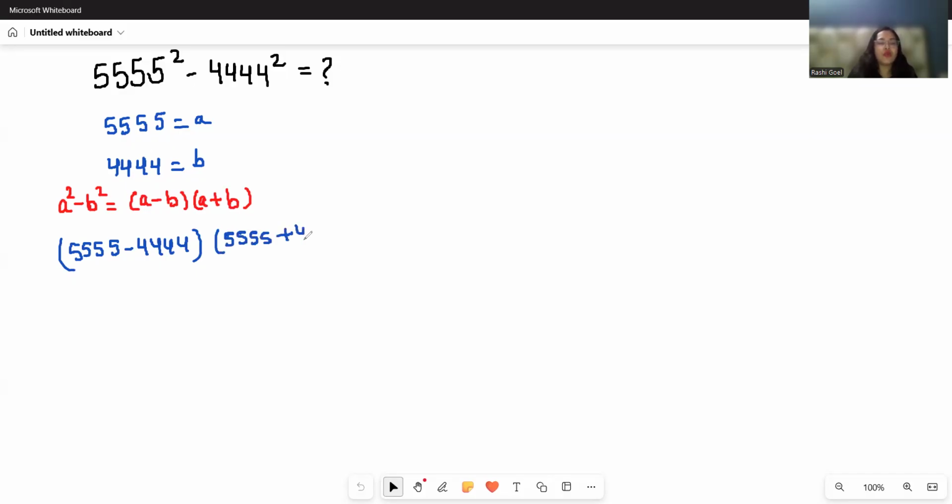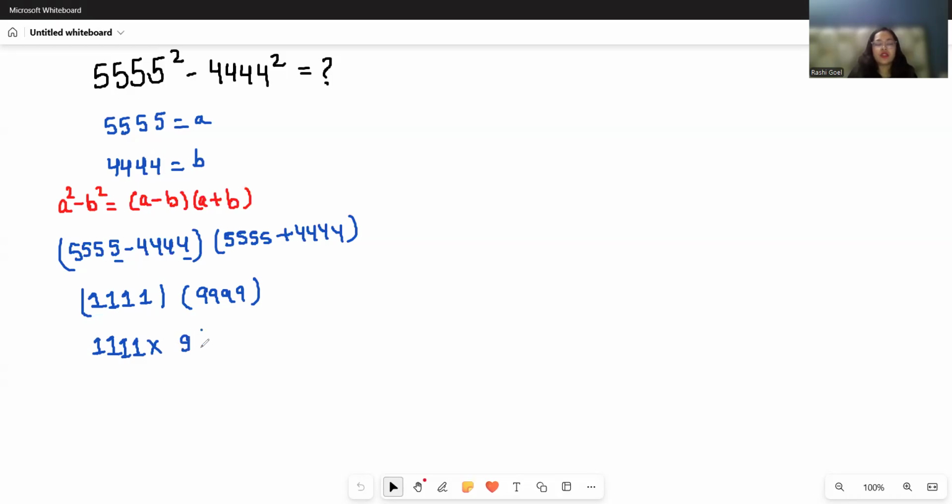5555 plus 4444. Now 5 minus 4 is 1, and so on for each digit, so we get 1111. Similarly, 5 plus 4 is 9, so we get 9999. So we have to multiply these two numbers, but we already decided we are not going to use the calculator. So I can write this as 1111 times